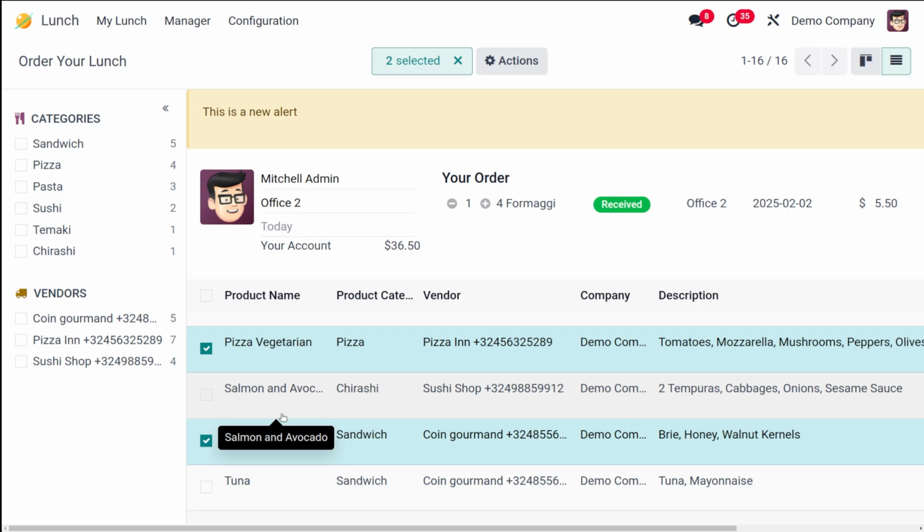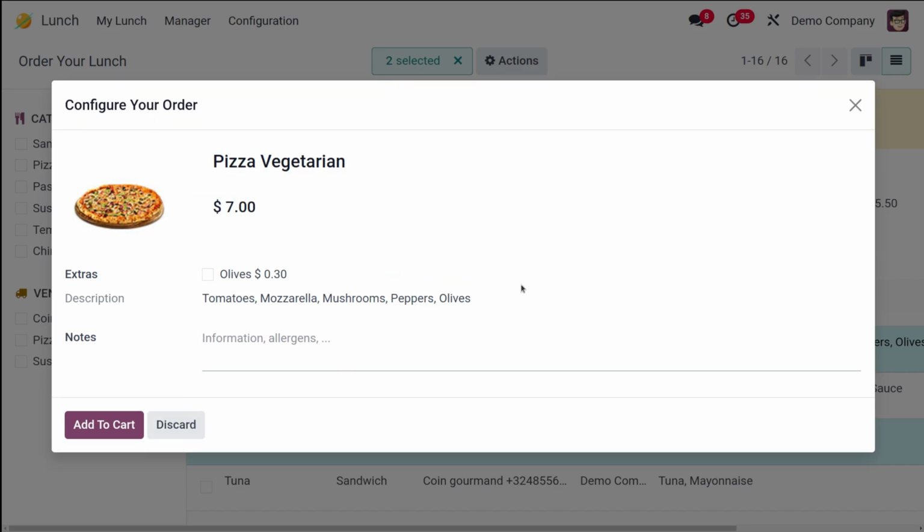Okay, now your order summary information will be shown here on top. Okay, so on the top of the dashboard, as you can see here, this will be shown. Your account has this much money and your order is already received. So for you all to order a new lunch, you have to do this. Okay, so from the order your lunch, what you have to do is you have to click on the product, and that will open a thing. This is the thing, that is the pizza vegetarian as I selected. I clicked it and this has been opened, and you can see the price over here.